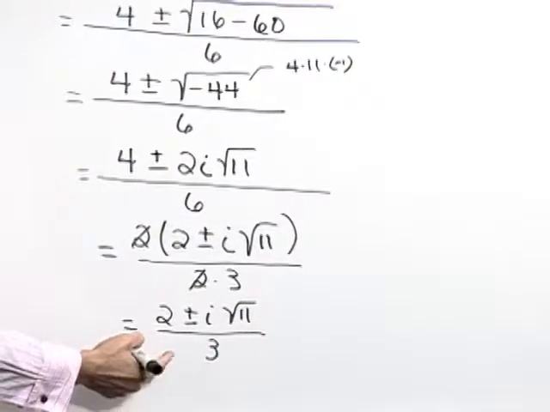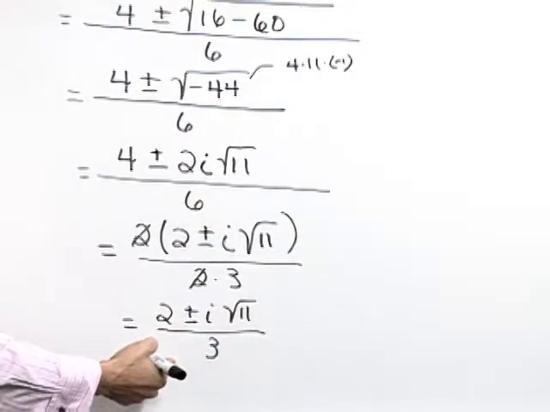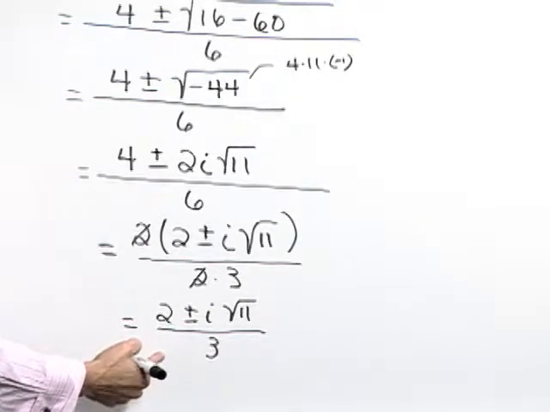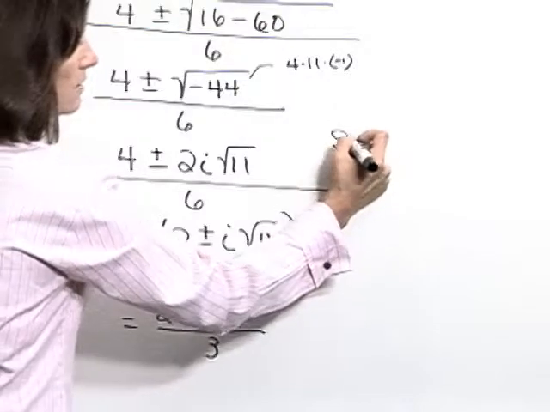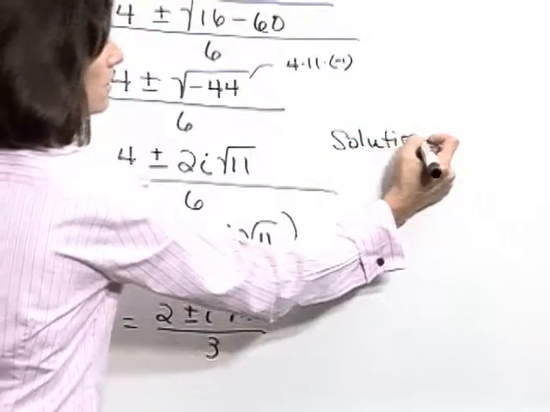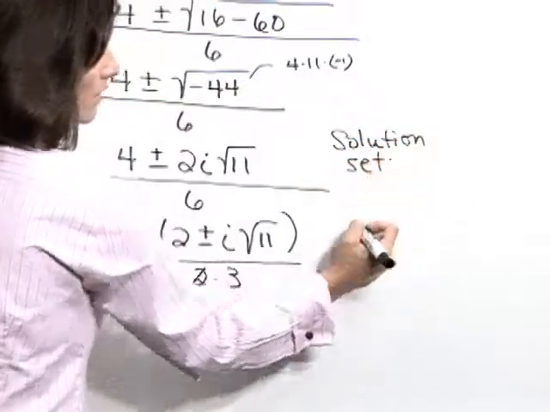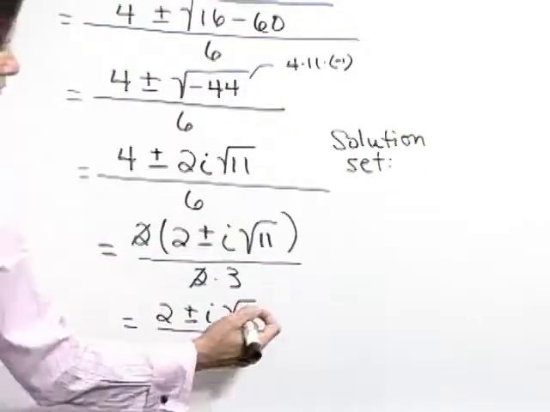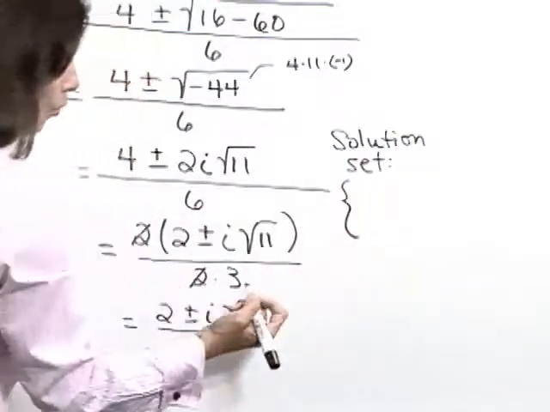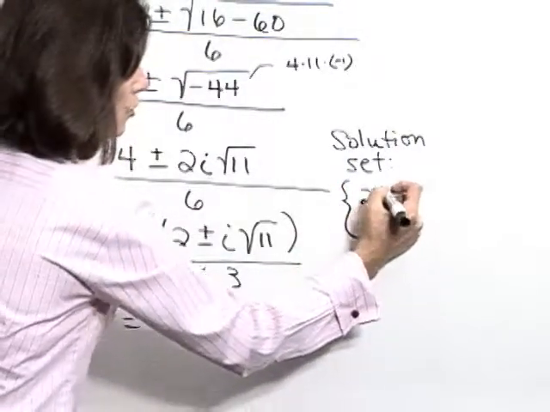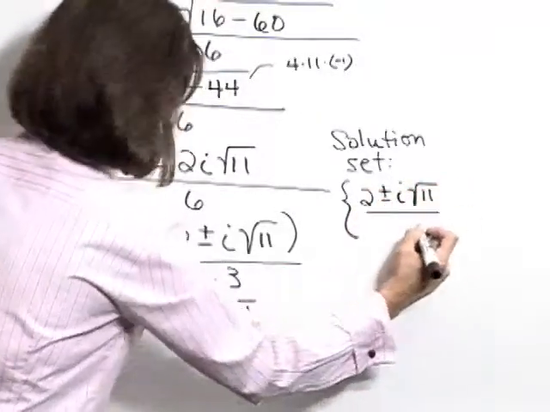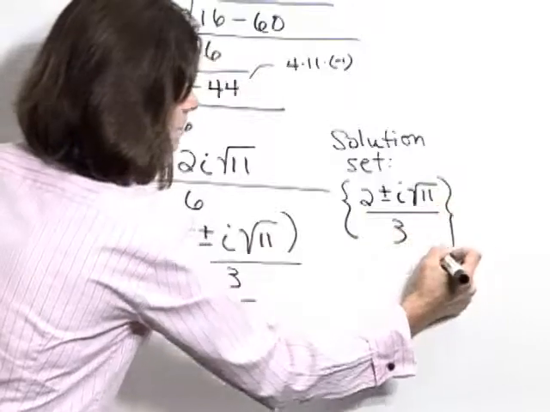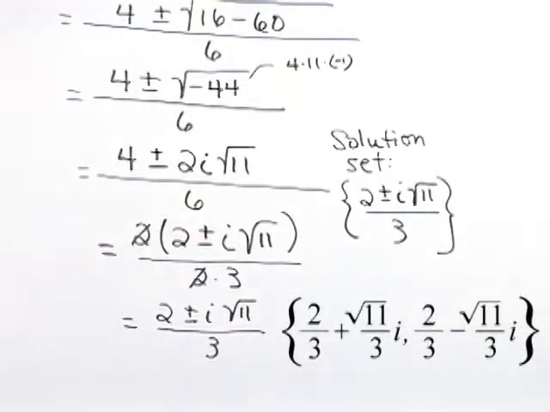Now, it's always wise to check both of these solutions in your original equation, and that check is going to verify that our solution set does include both of these. And I'm going to write these as one statement: 2 plus or minus i times the square root of 11 all over 3, or as